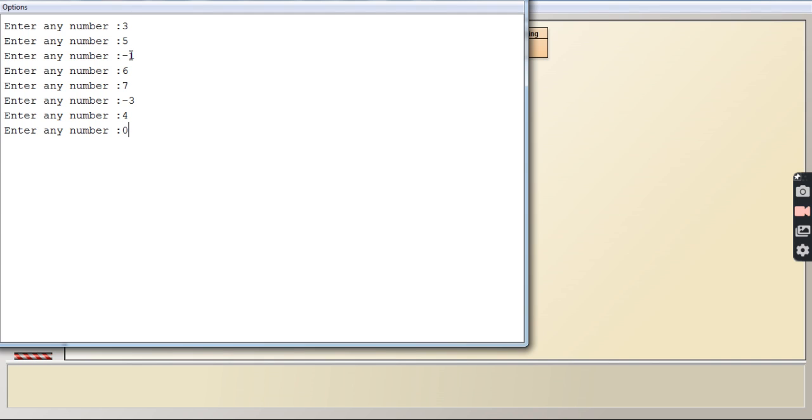So once I've entered 0, the program should stop, the program should terminate. See, the program is terminated and it says total numbers entered are 7, before 0. See, 1, 2, 3, 4, 5, 6, 7. It includes negative and positive integers.